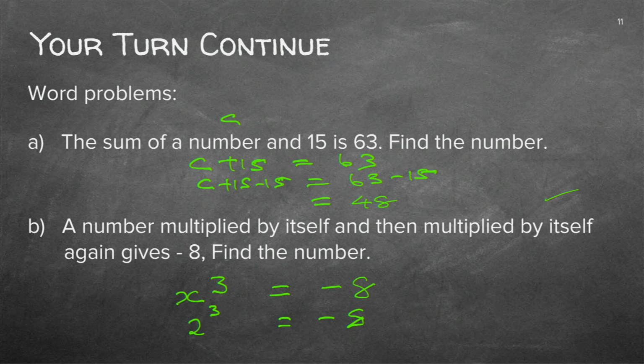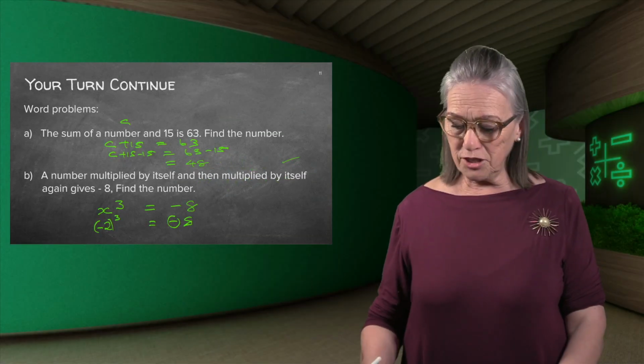So what is our answer? Is it 2 or minus 2? Minus 2. Very good. Minus 2 to the power of 3 will give us minus 8. Remember when we did this, I said in a cube, this number will always be the sign of the base number, because minus times minus is a plus, and then a plus times a minus will give you a minus. Let's do a quick revision.